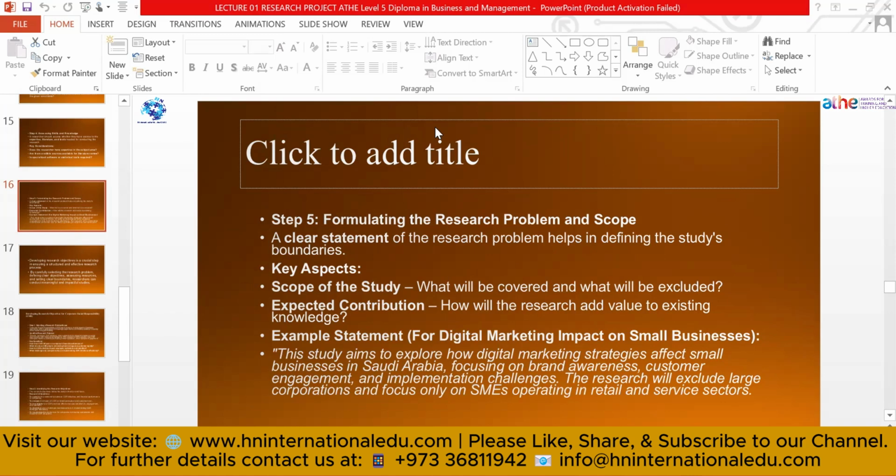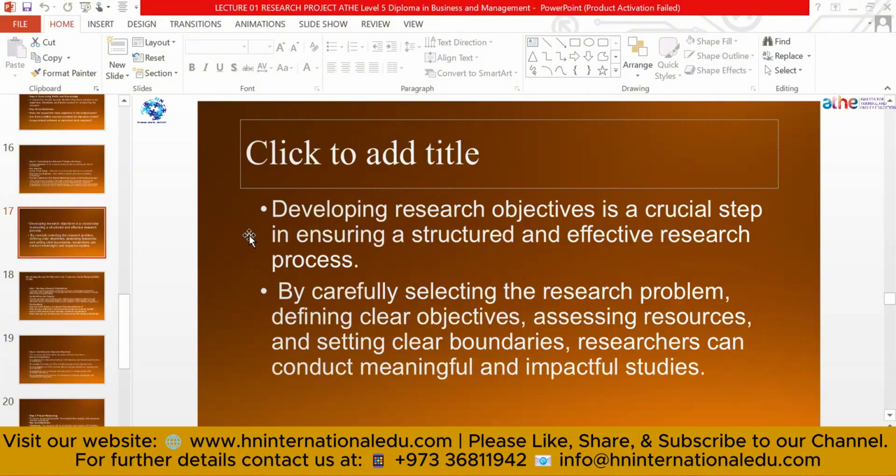Everything should be clear. What will be the domain? What will be the topic, excluded, included? Everything should be clear within these 3 to 4 lines. Developing research objectives is a crucial step in ensuring a structured and effective research process. That is obviously the whole domain, which lies between objectives, the questions and the significance. By carefully selecting the research problem, the title, defining clear objectives, assessing resources, and setting clear boundaries, researchers can conduct meaningful